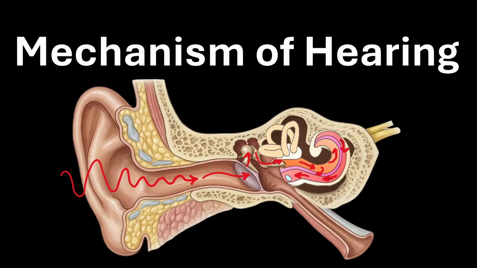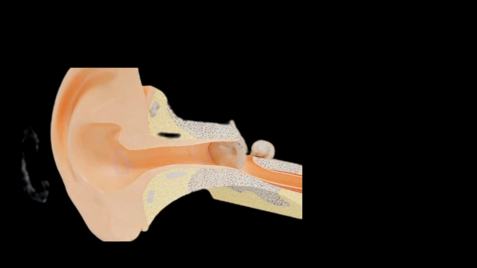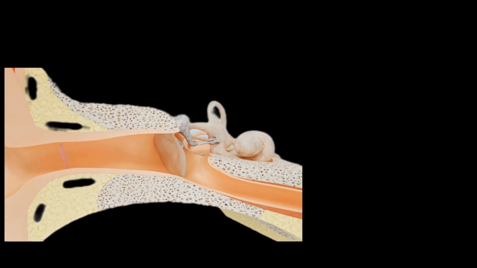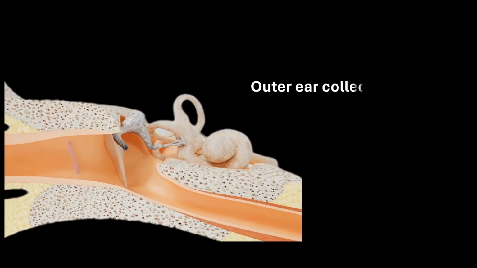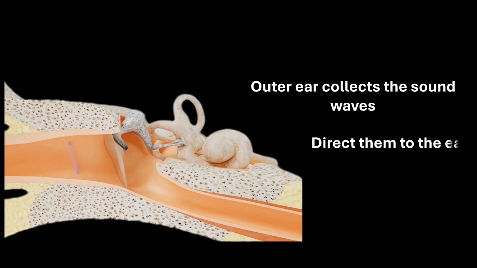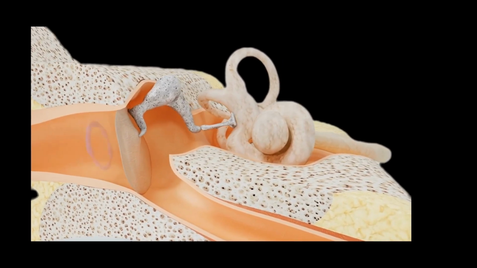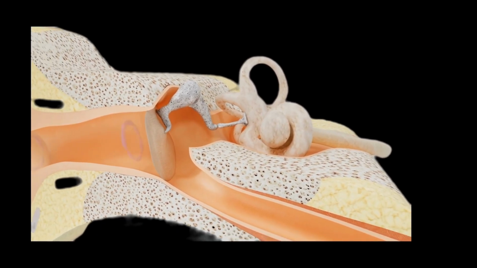Now that we understand the structure of the ear, let's see how hearing actually happens. So in this video, we'll understand the mechanism of hearing. So it all begins with the outer ear, which collects the sound waves from the surroundings and directs them to the eardrum. Now, when these sound waves strike the eardrum, it begins to vibrate, which is then passed on to